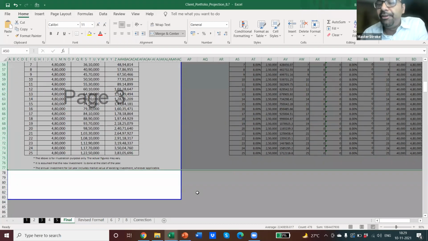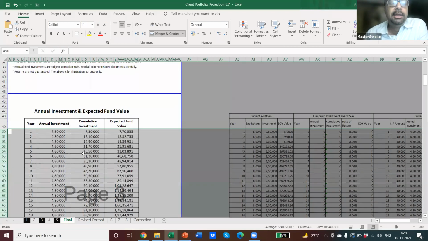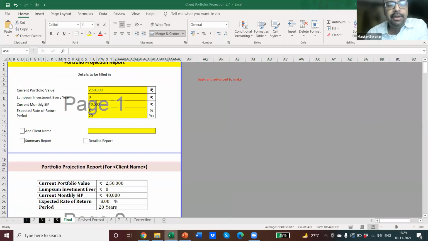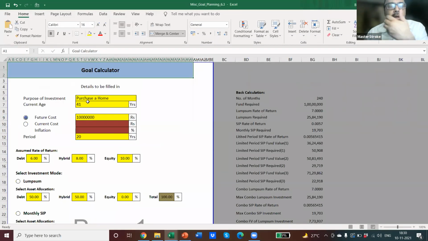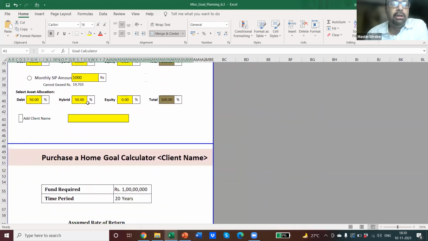Absolutely, Dinesh. Present SIP and proposed SIP can be shown in one sheet. We have developed that. This is just a sample I am showing you, but in one single sheet you can see this. The next report, we are coming out with a goal calculator. You want to purchase a house or a dream car or X or Y or Z, this calculator will now help you do all these calculations.